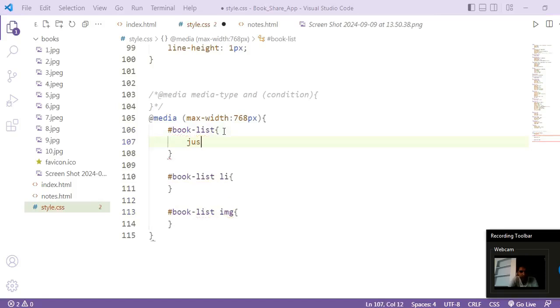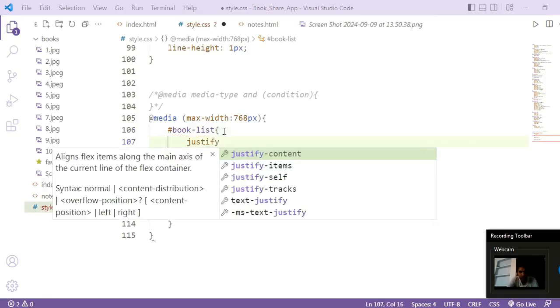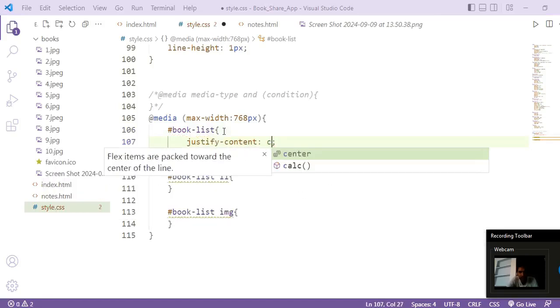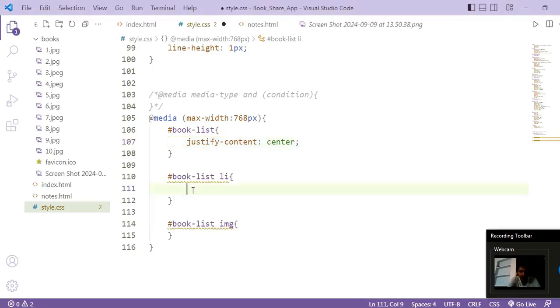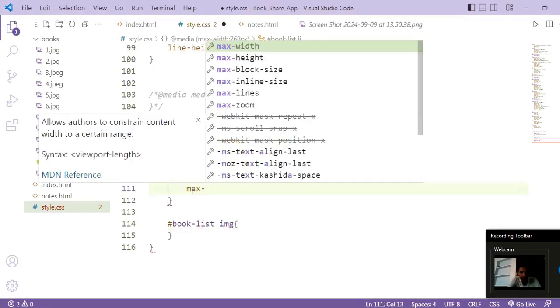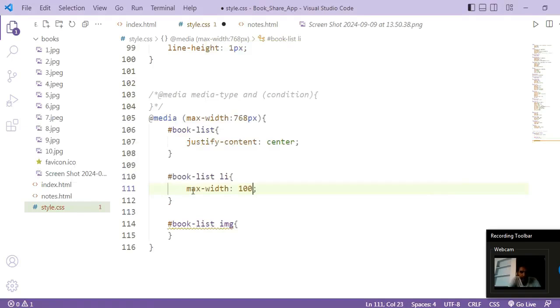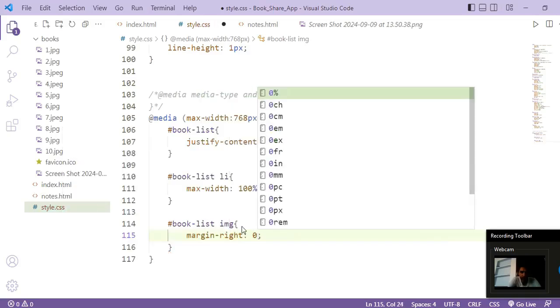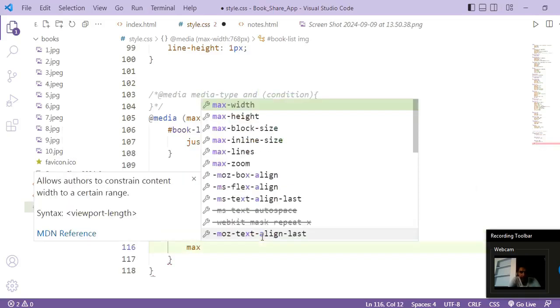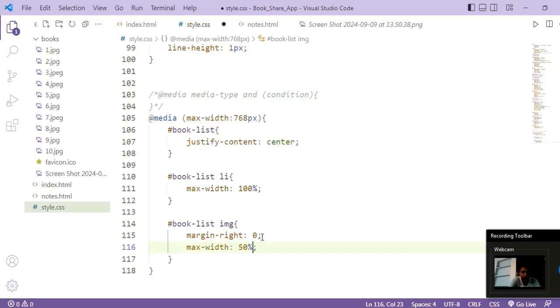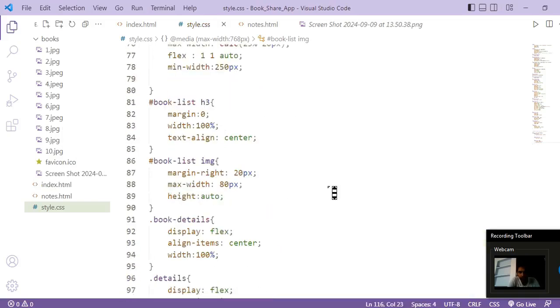So justify content, which is center. Then in li we will write max width of 100%, and in image we will write margin 0. So margin from the right to be 0, and max width 50%.